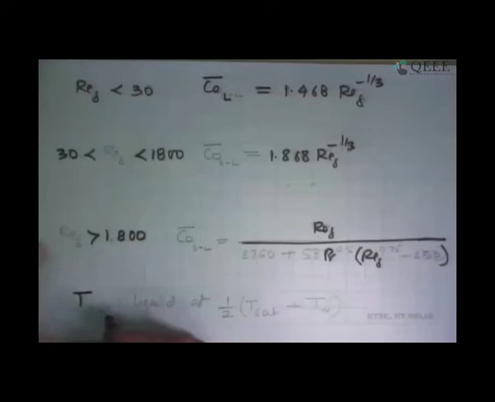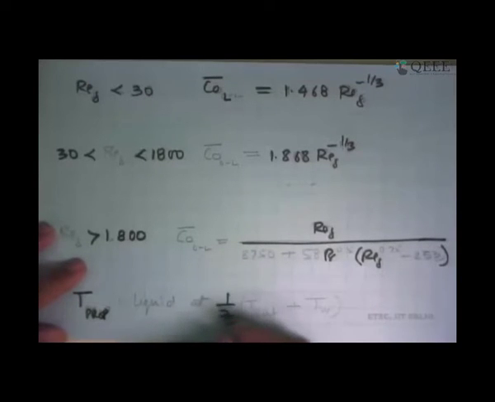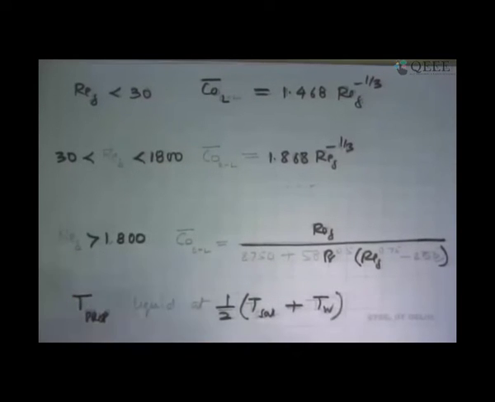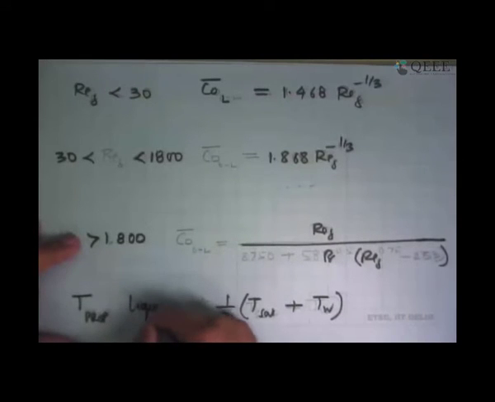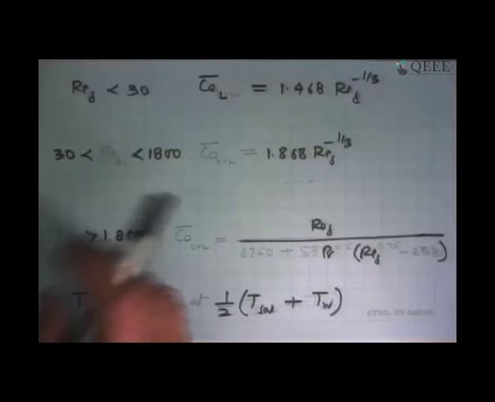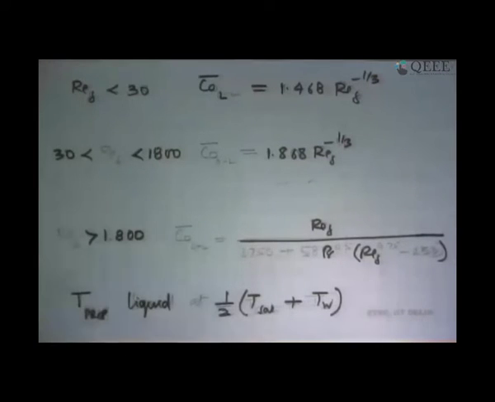And in all these cases, we ask at what temperature I should evaluate the properties of the liquid. So the properties are to be evaluated at the mean of the saturation temperature and the wall temperature, T sat plus T w, divided by two. These are the properties of the liquid. In all these cases, we were only getting the subscript f. So that was the liquid case. So we've got the type of relations we were looking for.